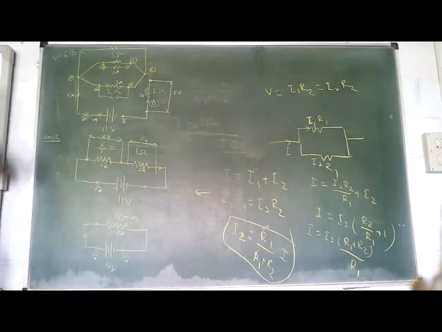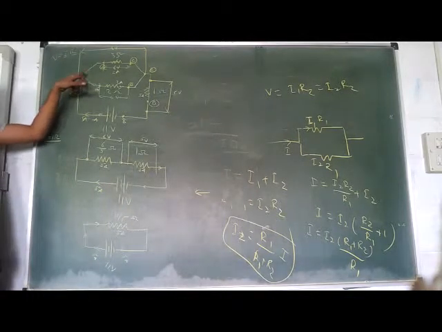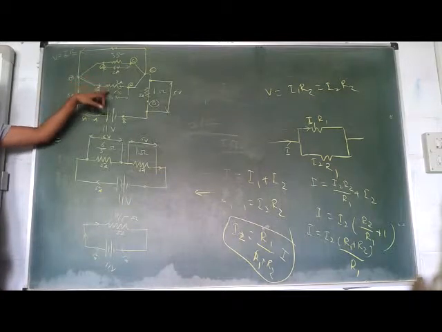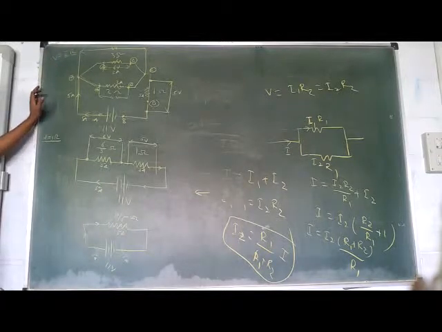Any doubt in this? Ask me if you have doubt. Okay? So we see that the total ampere which is coming is getting divided into 2 and 3. Is the addition of 2 and 3 5? That means the calculations are correct. You'll have to do all the questions in a similar way.